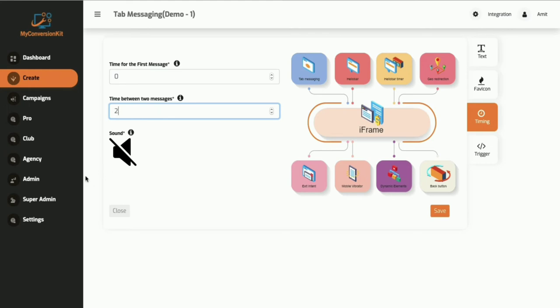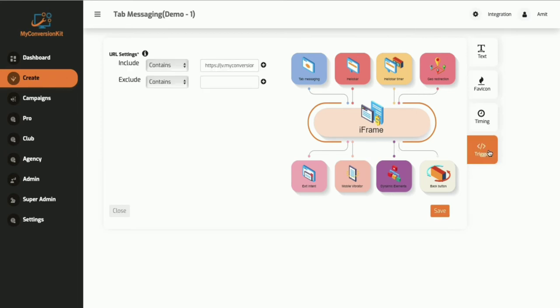You get an option to choose if you want to send them sound notification or not. And the final part, the trigger. You'll have to add this trigger in order to clarify on which website or domain you want to run, because there might be a lot of domains added in a domain profile. So once you have added this domain over here, click on save.